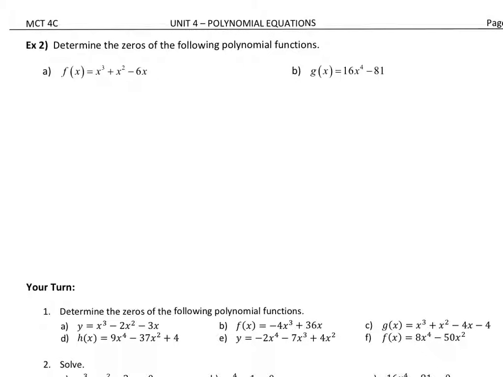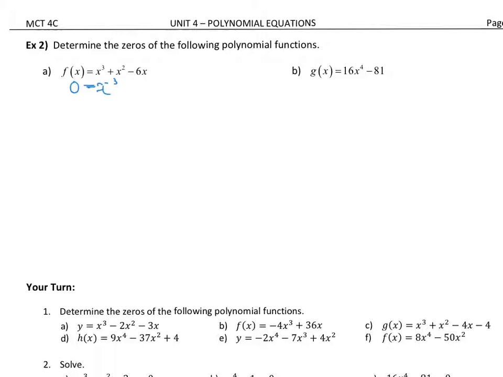Example 2 is asking us to determine the zeros of the following polynomial functions. So the difference is here that you actually have the y equals part instead of the 0 already replacing the y. So this actually is a cubic function here, and we can factor it to solve for the x-intercepts. So anytime we want to find an x-intercept, we're really letting y equal 0, which then means we're solving this